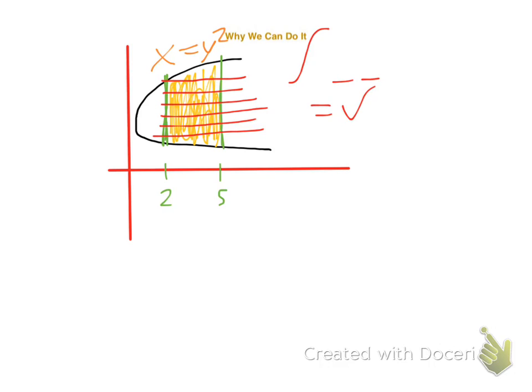And so now we're relying on slicing horizontally instead of slicing vertically. And this simply just makes it easier to do the problem sometimes, or you might not be able to do it at all using vertical slicing, and so you have to rely on horizontal slicing in some instances,